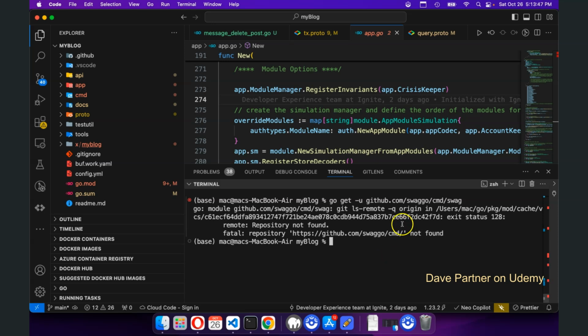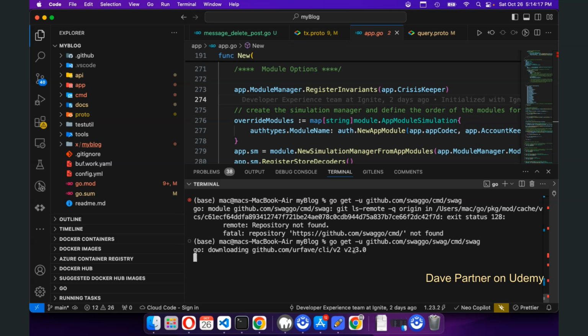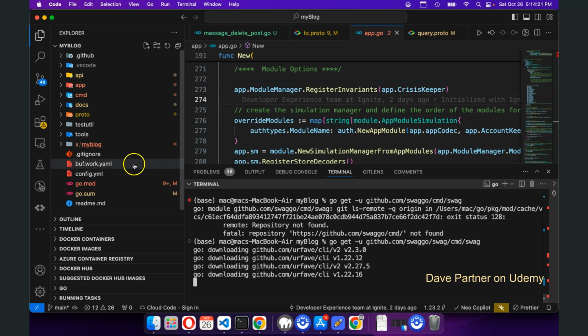So something is wrong here. It says exit status, repository not found. Let's see. Echo github.com/swaggo/swag. Yeah, my bad. swag/cmd/swag. Yeah, I think that's it. Yeah, now it's working. So while that is loading, now we need to go to main